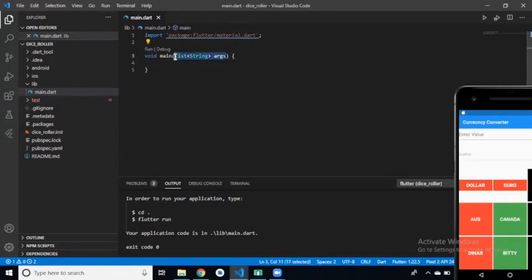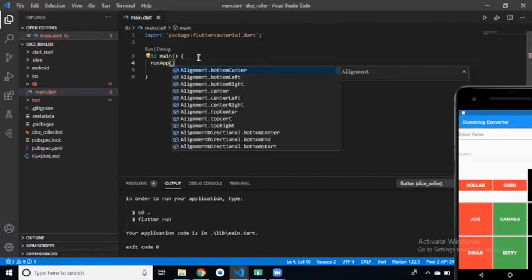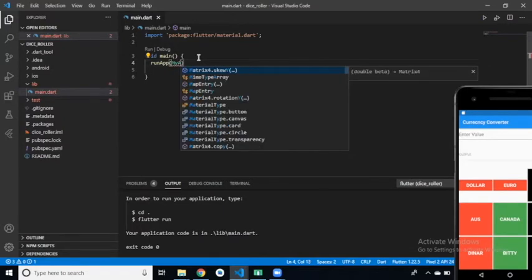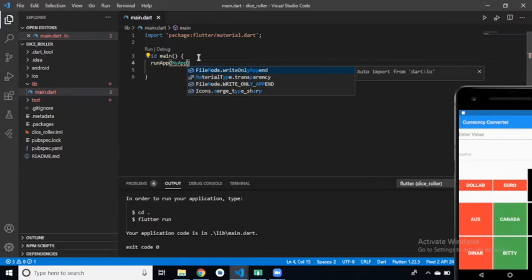In void main we have another method, runApp. What is this runApp, Divya? Can you please explain what the runApp method is? It is used to run the application. This is our main method. Here we define our main class, my app, right?